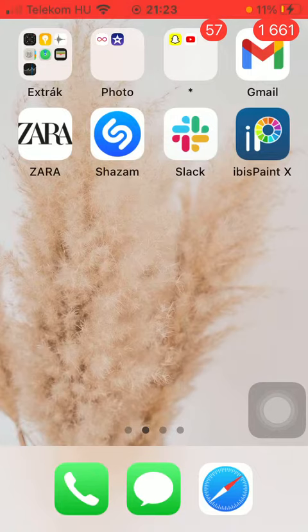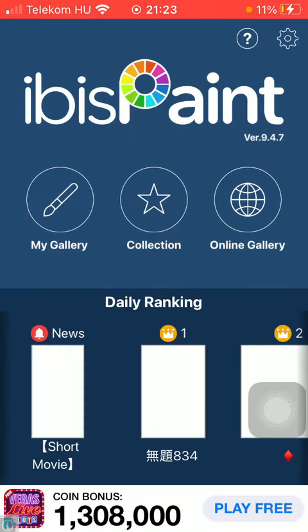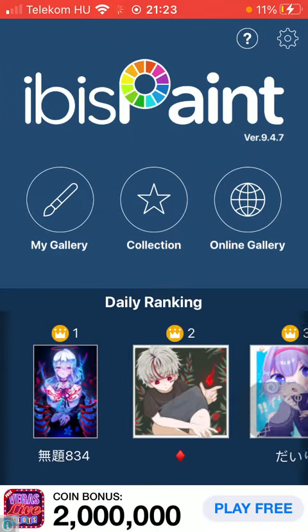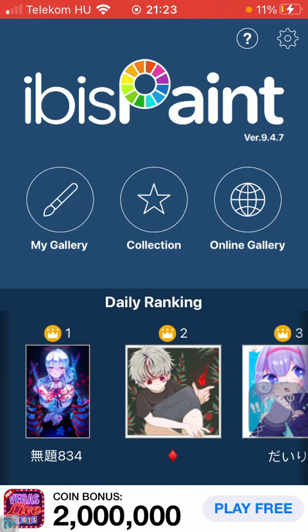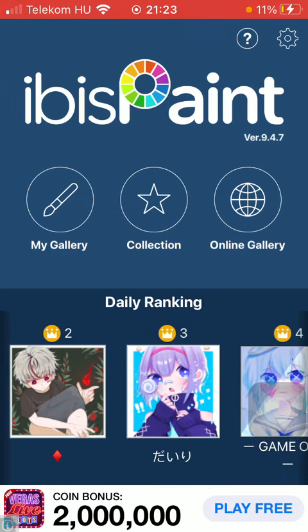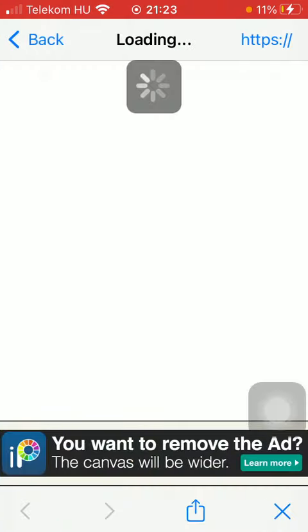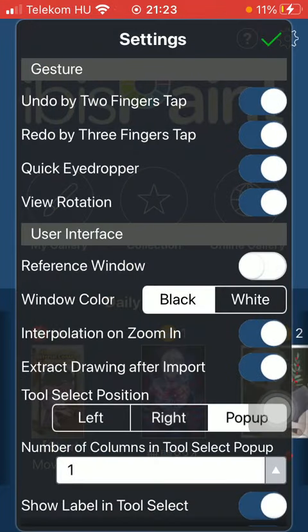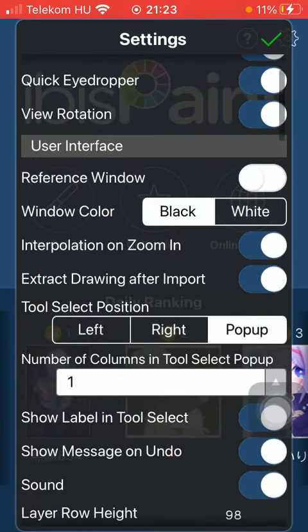First of all, open the app on your phone and go to your home page. And then all you have to do is click on the settings icon that you can find in the upper right corner of the screen. Now go to the user interface